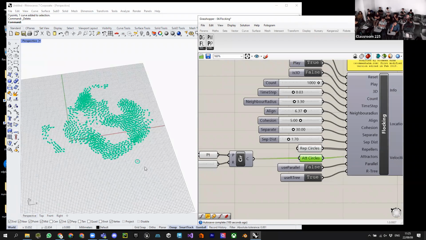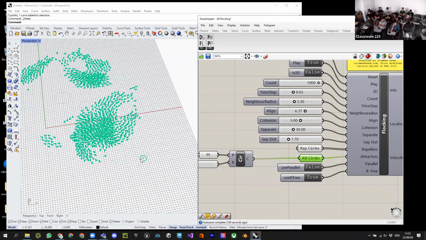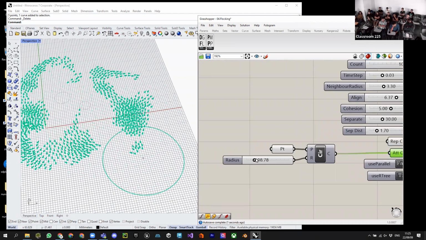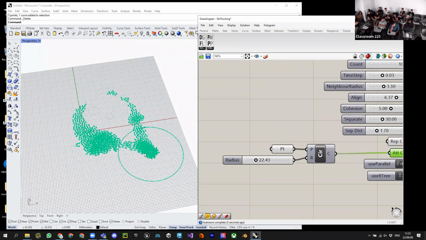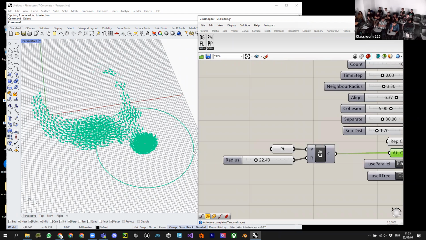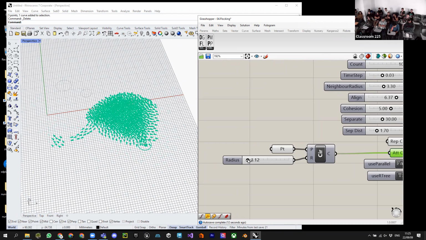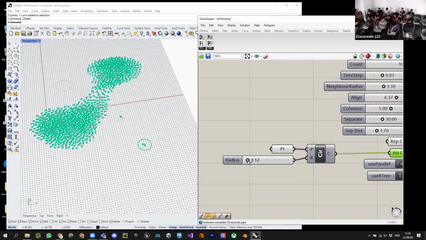So right now there is this attractor, so they tend to come here with a track. And the size of the circle means the force. So now the size is bigger, they are more attractive. The size smaller. And basically, if you make a minus size, I don't know,